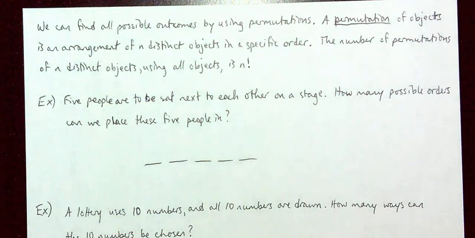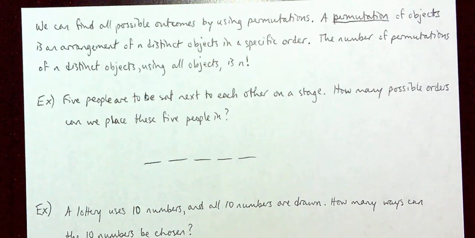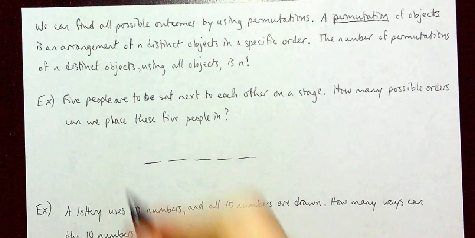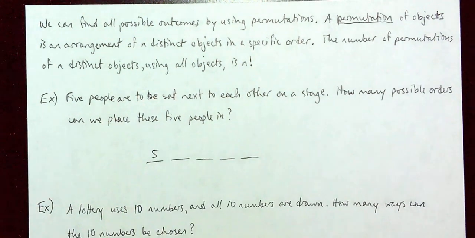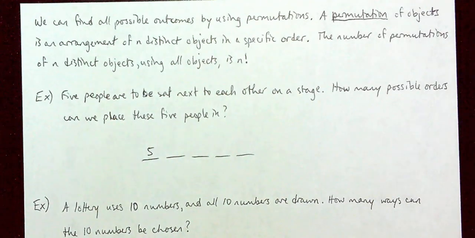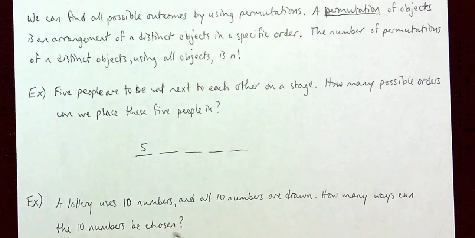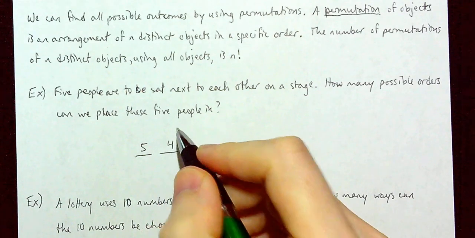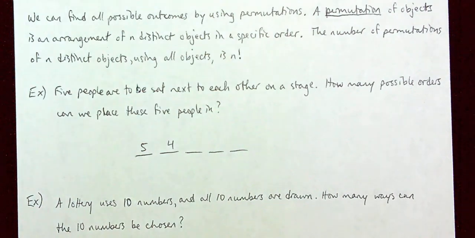So here are my 5 chairs. Let's see why this is a factorial. First chair. I haven't used anybody. There are 5 people, so I have 5 choices of whom I can put there. Okay, next chair. There were 5 people total. 1 person has already sat in chair 1, so now there's 4 options that I have. There's 4 people that can sit in chair number 2.